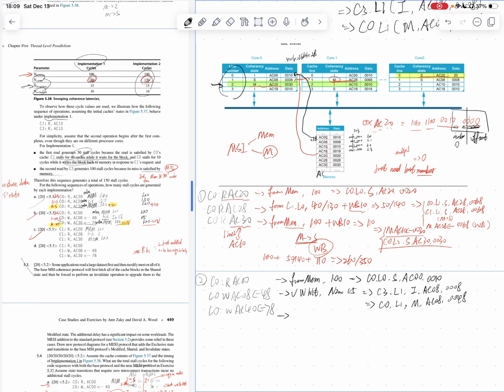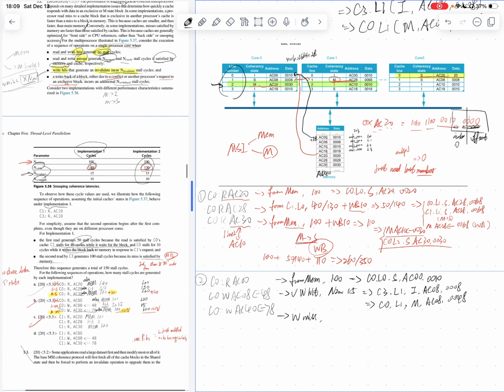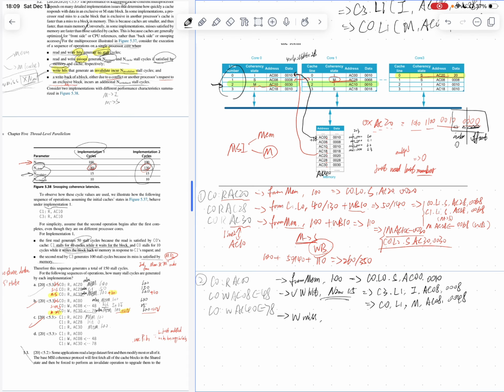Although AC40 is not showing in the memory, you should know that we have it, right? Because none of the other cores have it. So I will get it. So it's a write miss. Remember, only a write hit will have the n invalid. So a write miss does not have the invalid. So firstly, it will be satisfied from the memory, and then